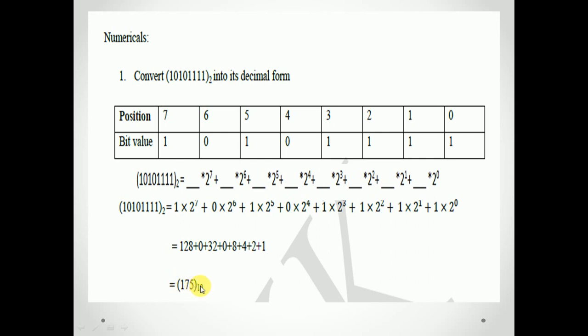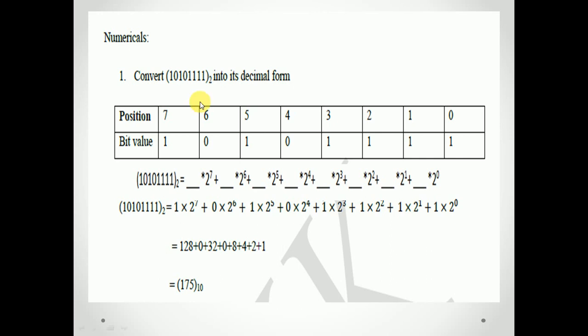175. And you have to write the base 10 because you have converted into decimal form. So this value in binary format is 175 in decimal form, in the decimal number system. So that is how you convert a binary number into the decimal number system,